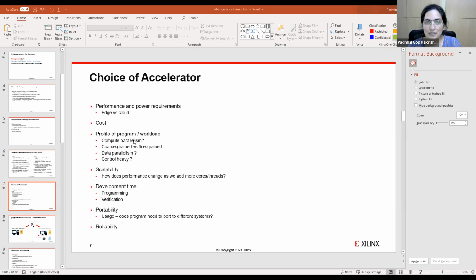For example, is it something that I can multi-thread, as in keep my different parallel computations running on different threads because they don't need to exchange much data between them? Or do I need fine-grained threads, or if it's very, very coarse-grained, can I actually run it with multiple processes? The OS is an example where we actually run a lot of processes, and that kind of parallelism is more coarse-grained.